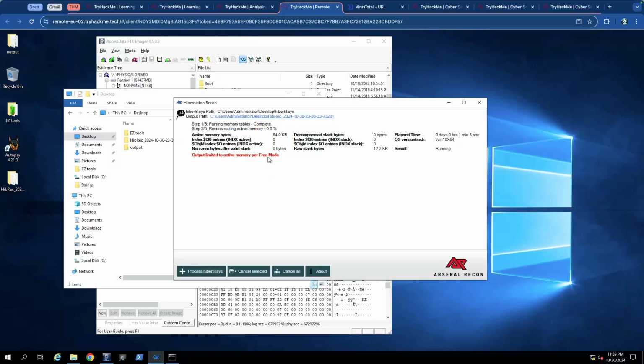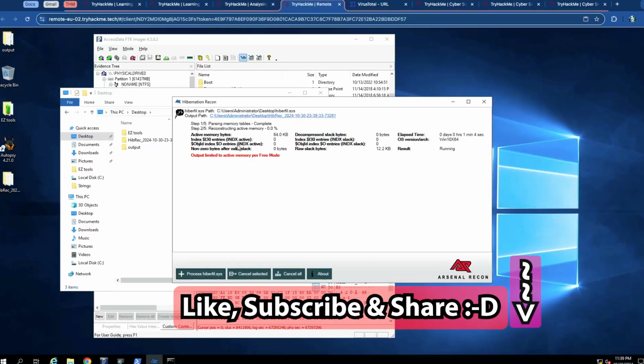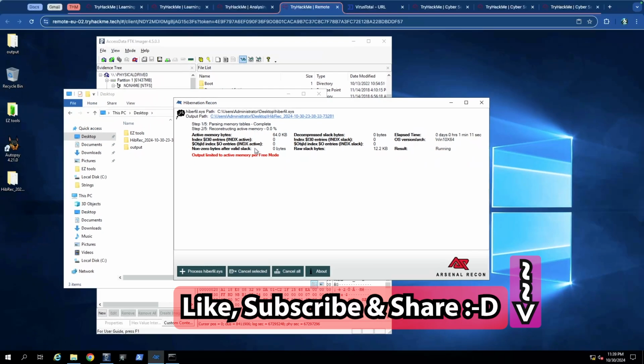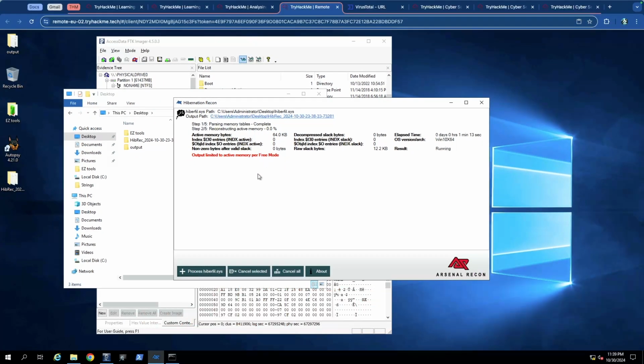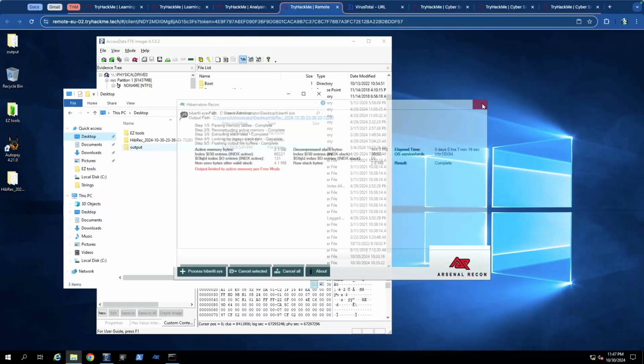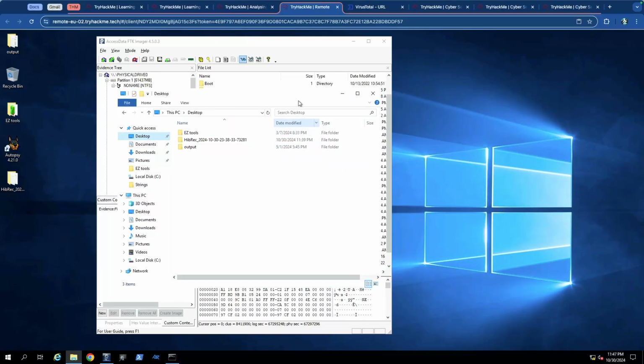So from there, it's going to take however long it takes. Currently, it's on step 2 of 5, and it will probably take a few minutes based on what we got. So we're going to wait another 4 or 5 minutes to make sure that this is completed, and then we will come back and analyze the contents of that folder. So BRB. Okay, and now we have our Hiber file,